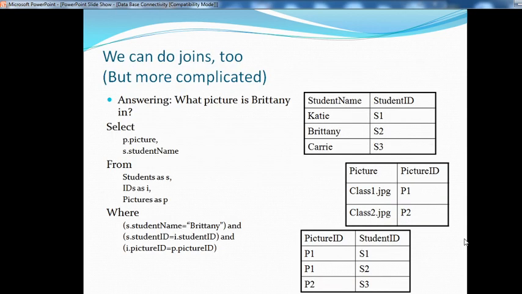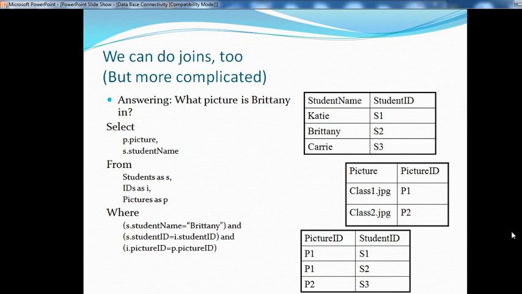Now we can do joins too, but they are more complicated. Same example as in the last lecture: a student name table, picture ID, and picture ID student name. Answering the question: what picture is Brittany in? Select P.picture from student as S, ID as I, picture as P where S.student_name is Brittany and S.student_ID equals I.student_ID and I.picture_ID equals P.picture_ID.